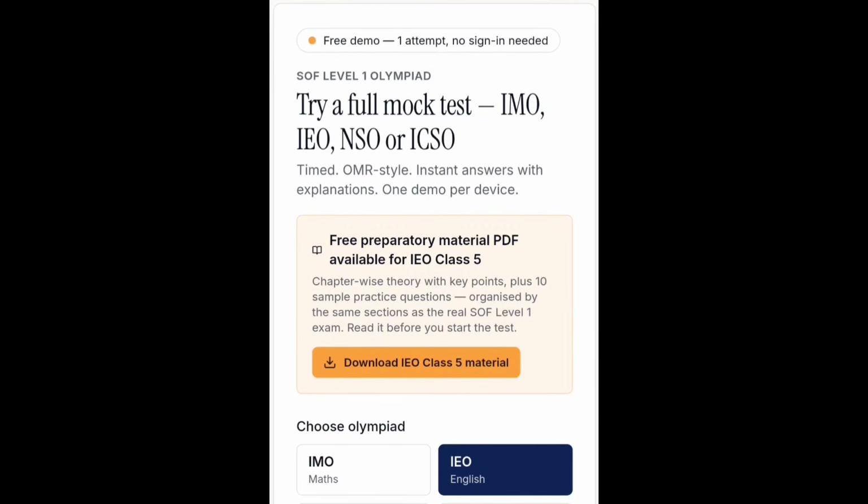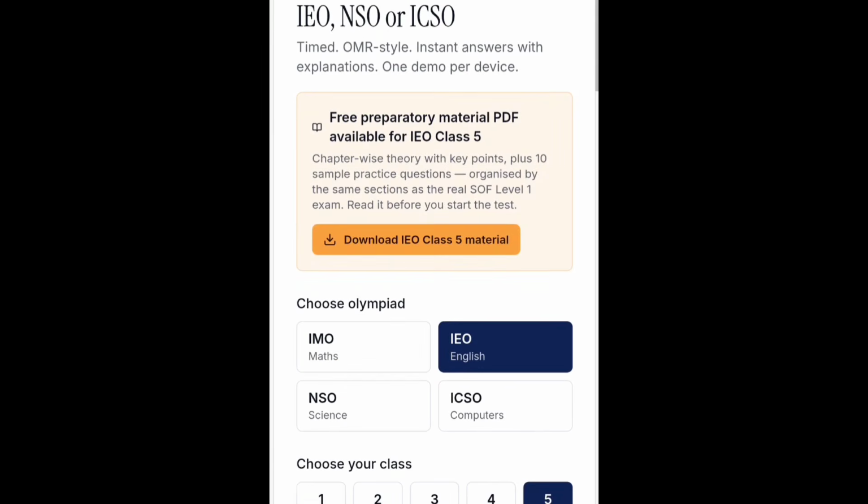And if this works out, I want to know. That is why I want the feedback. Then I can go ahead with other subjects, like exclusively math subjects or exclusively science subjects or any other subject. But before that, I want to know. There are also a lot of certifications around. For that also, we are planning to expand into that. But right now for Olympiads, I think this is the best possible thing that we can do for our kids,